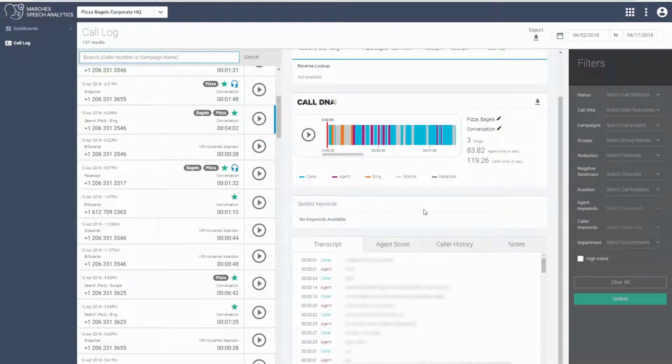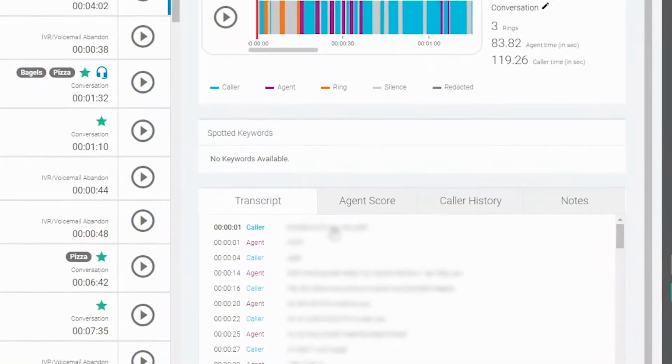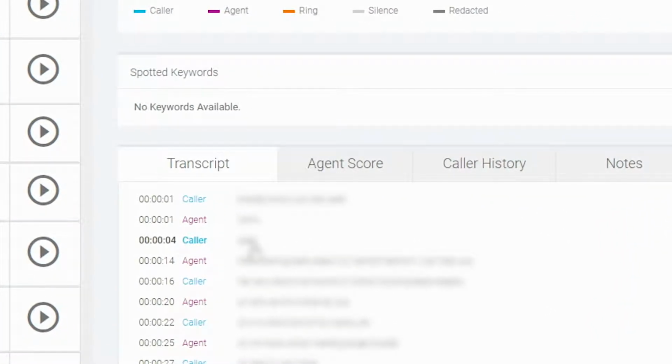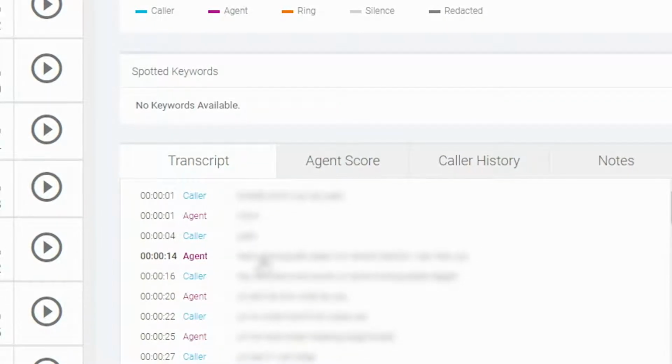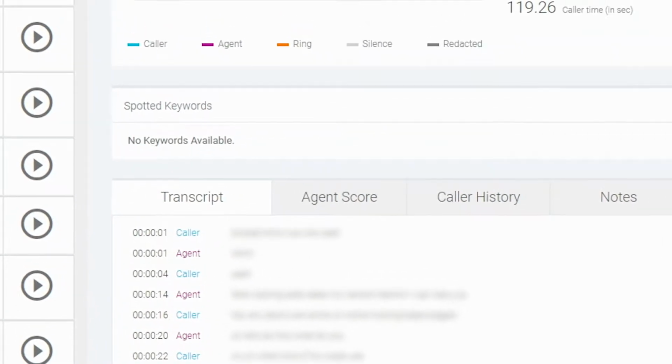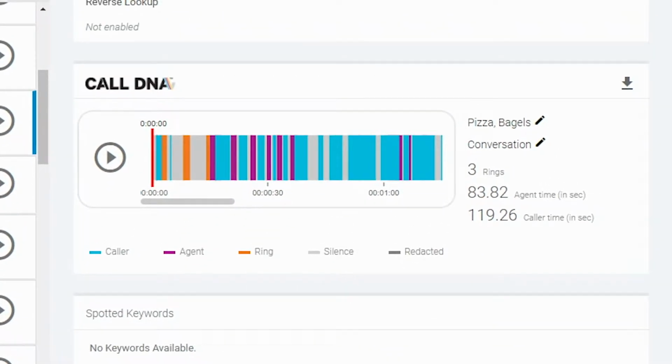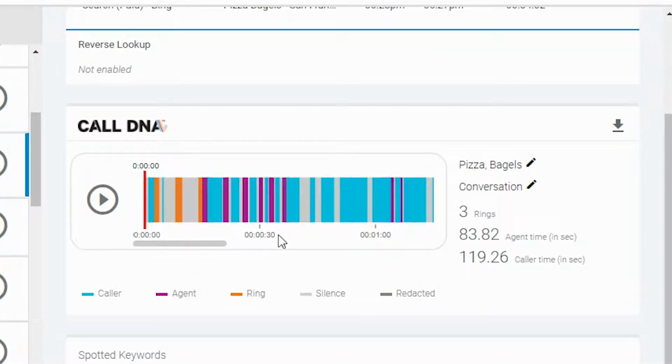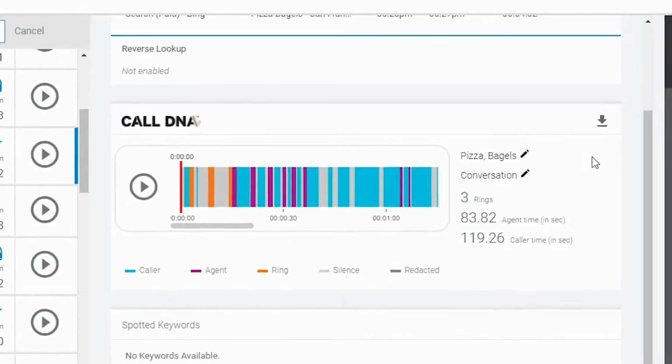Below is where our natural language processing models are able to provide a detailed transcript, split out between the caller and the agent. Each one of these utterances is hyperlinkable back to call DNA, meaning if you click on one of them, you'll be taken to the section within the stream where that phrase appeared, allowing you to listen to it on demand. You can listen to a call in its entirety by hitting the play button, or you can download it as an MP3 file for listening at a later time,